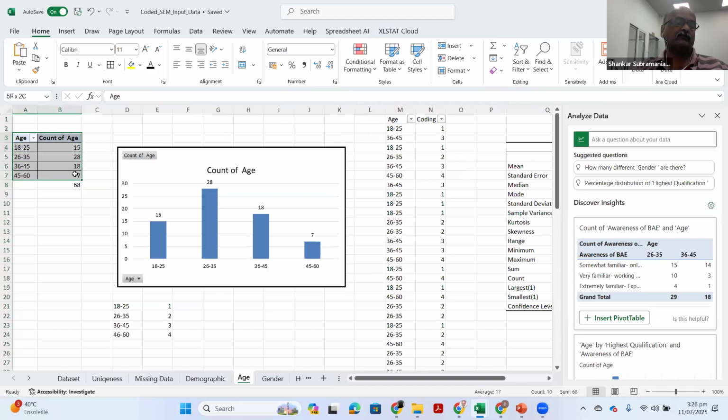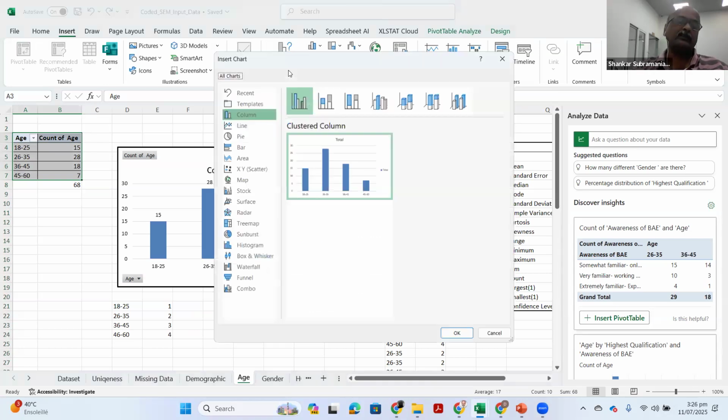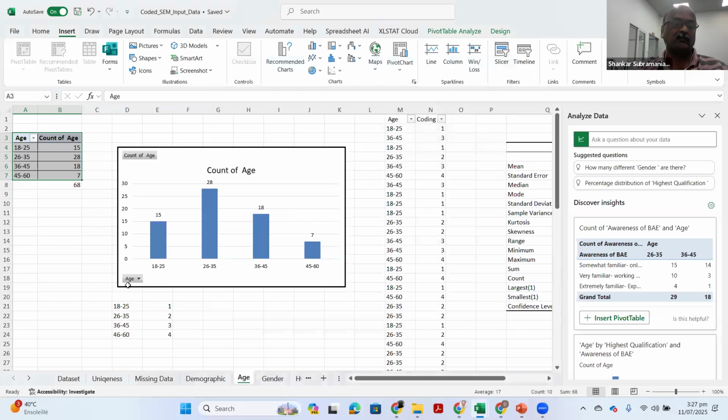I'll ask for insert graph, so I can get the visualization. Generally, recommended graphs are there, so you can use whichever. Other options you can test, and then say yes. You'll get the options here. So basically, four